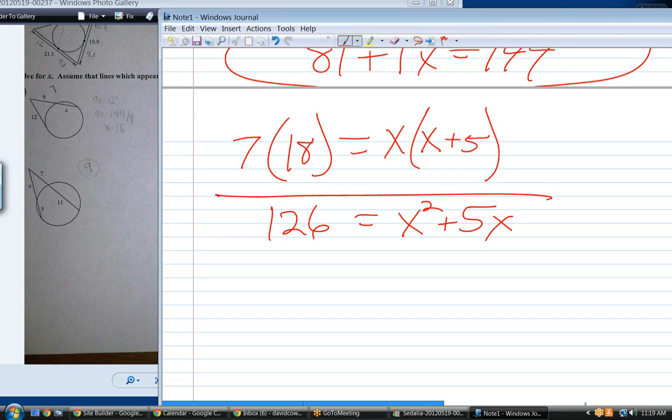And then you have to get it into quadratic format. In other words, whenever you have an x squared and an x, you want to get it into quadratic format, which is x squared plus 5x minus 126 is equal to 0. Okay, now